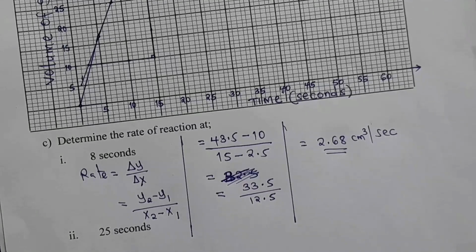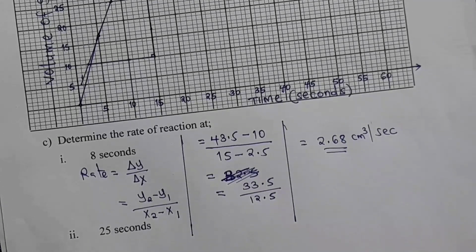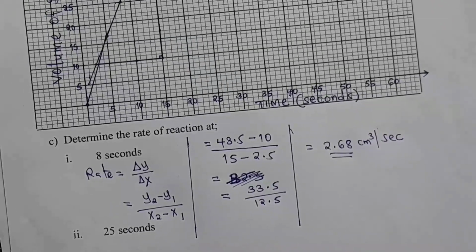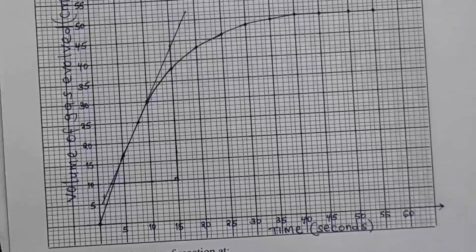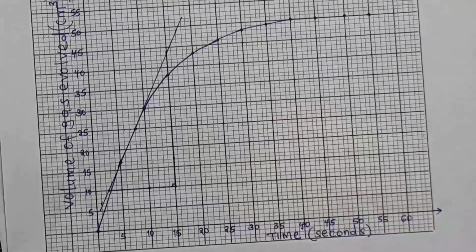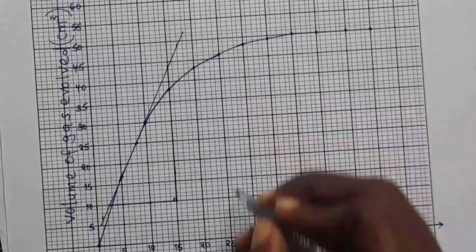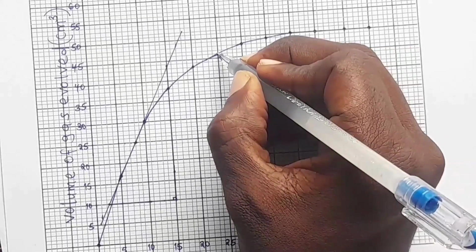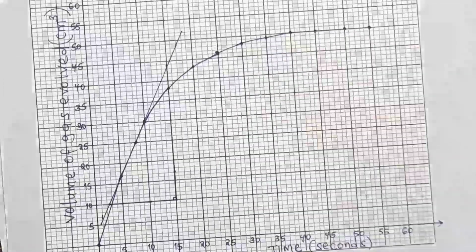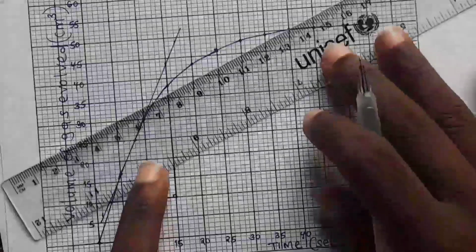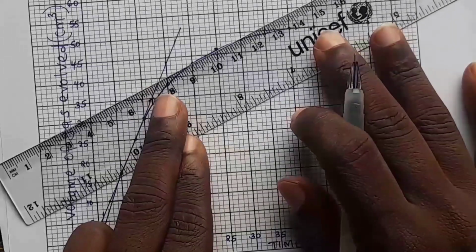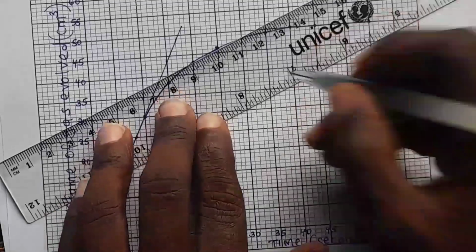So we go to the rate of reaction at 25 seconds. We go to 25 seconds on the x-axis, it is here. Then we move and we see where it's cutting the curve, it is here. So we are supposed to draw a tangent. How are we going to draw the tangent? The same. We take the ruler and put it on that point,